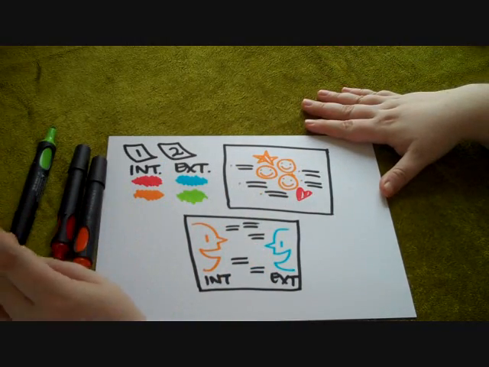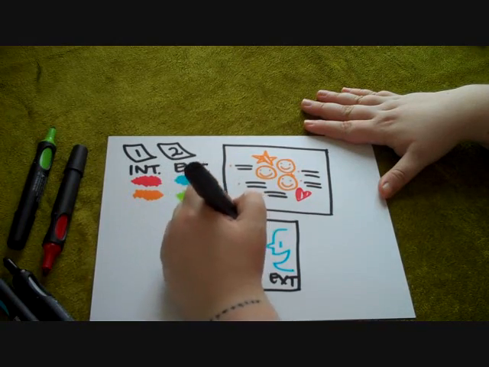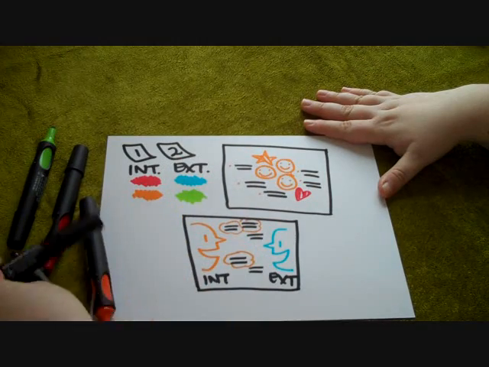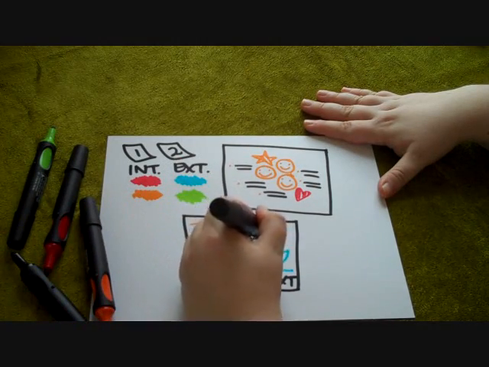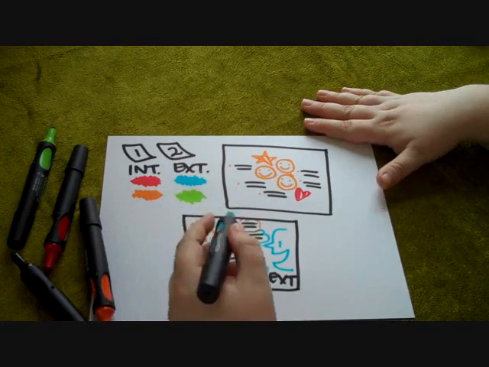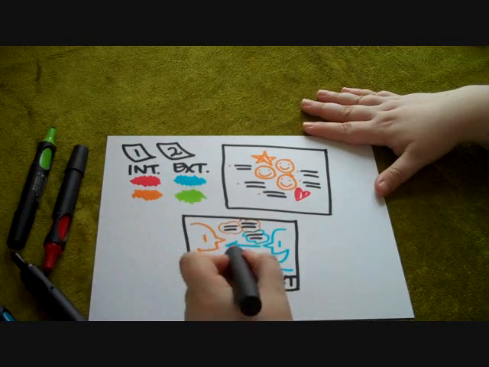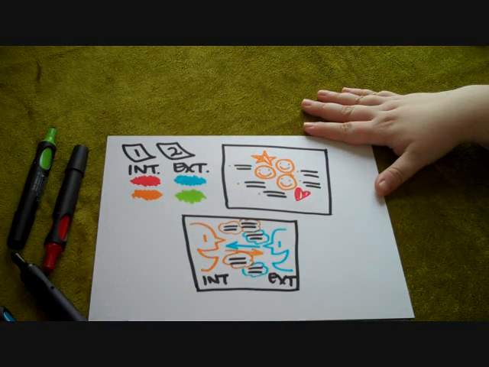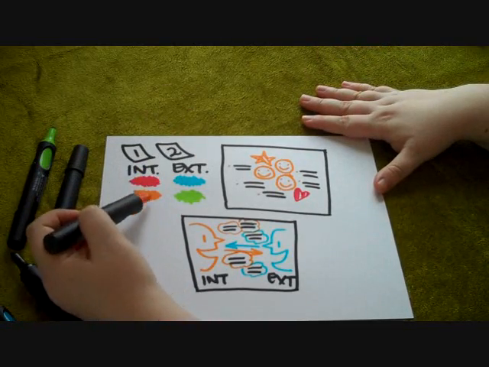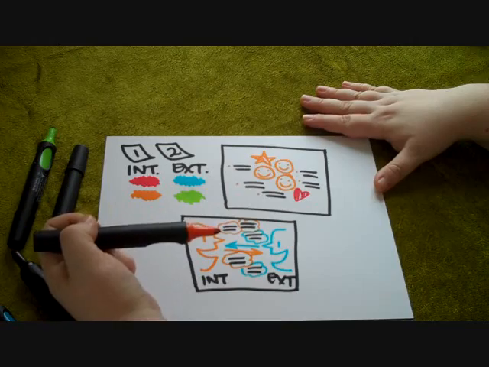abbreviated for the purposes of the video, but we could very clearly say, you know, these are issues that have to do with the internal team, these are issues that have to do with working with folks external, because we're using these limited colors consistently, and we can talk about, you know, in what cases they're working together. So again, very simply, using limited color to create better organization in these charts